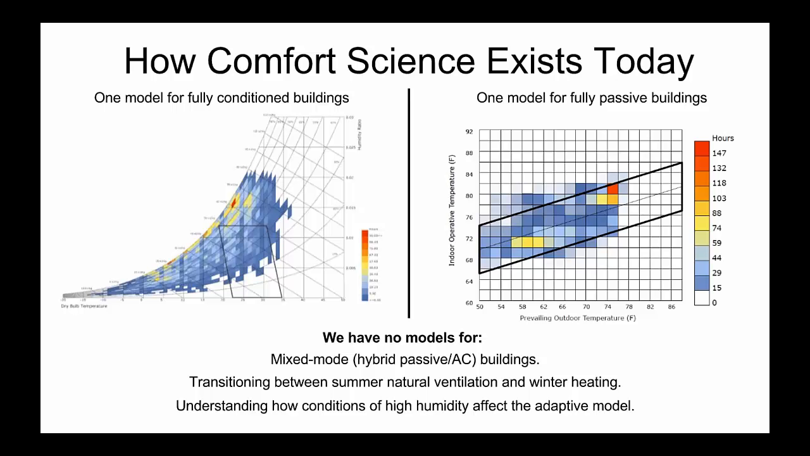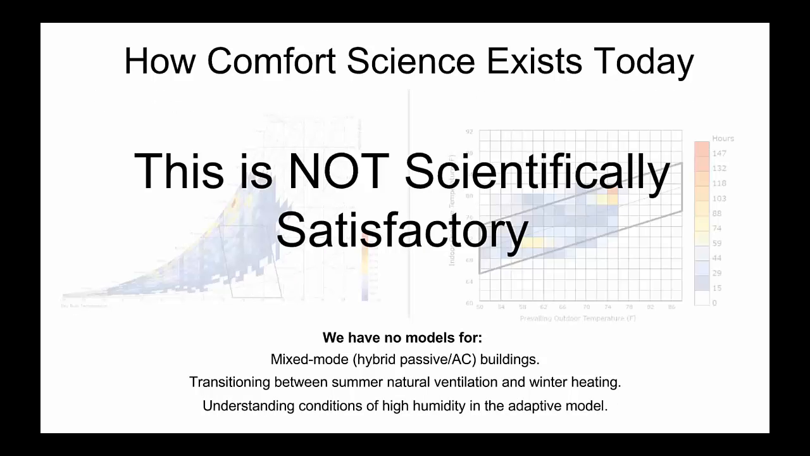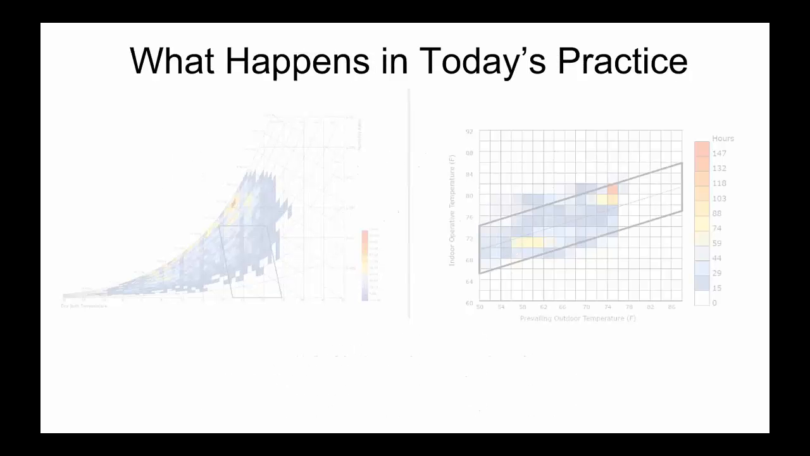And really, if this is the state of comfort science, with a clear division between these two models, what happens in practice? Well, more often than not, because we don't really have a scientifically satisfactory explanation for how we might transition between these two, or how we really should be designing,